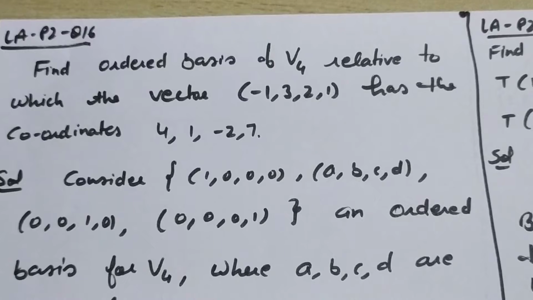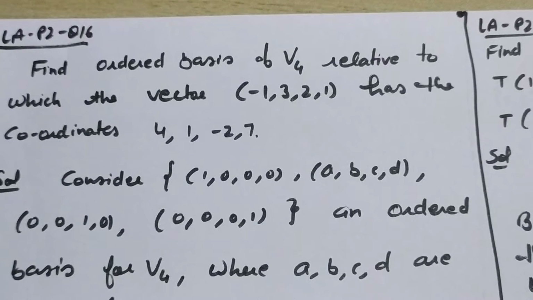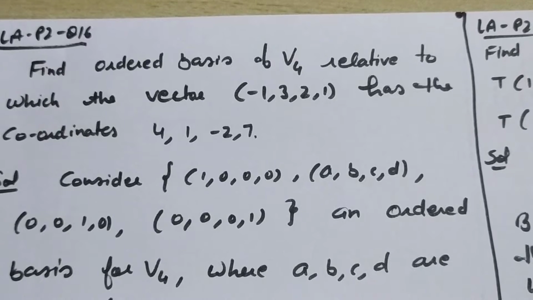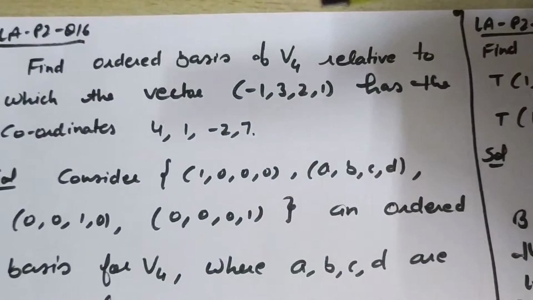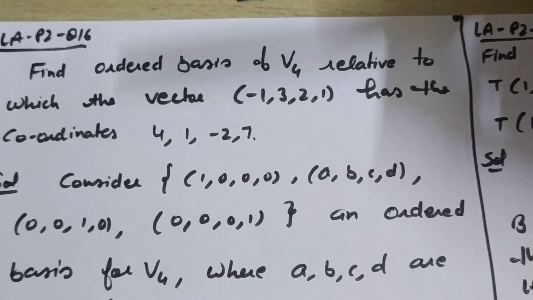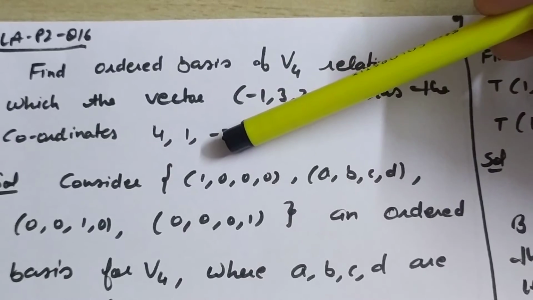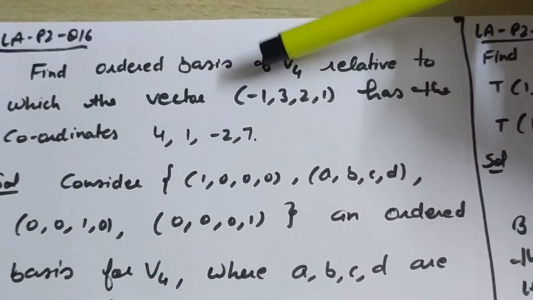You look at this question. In this question I am asking you to find the ordered basis of a vector space V4. Earlier I was asking you to find out whether a given set of vectors is a basis or not. In this question I have given you a coordinate vector and the vector (-1, 3, 2, 1). This is the coordinate vector corresponding to this vector, and I'm asking you to find out the ordered basis of